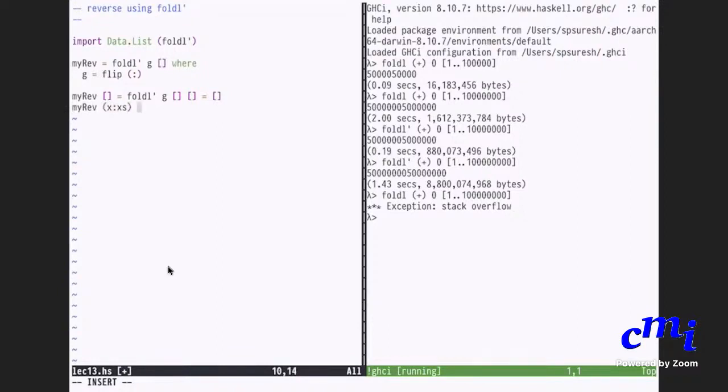Now myrev of x colon xs you will see is nothing but foldl' of G, empty list, x colon xs. That is nothing but foldl' of G, and then you have to modify the accumulator value by saying G empty list x, then xs.